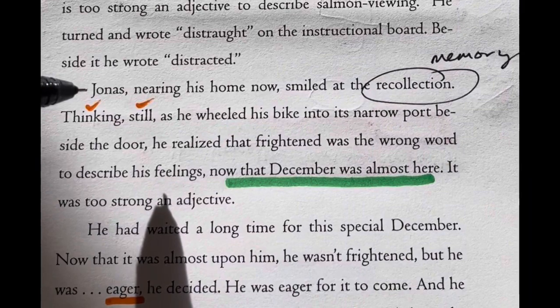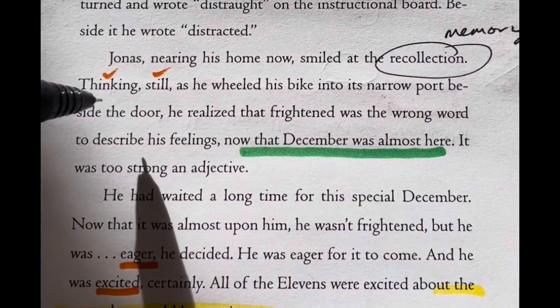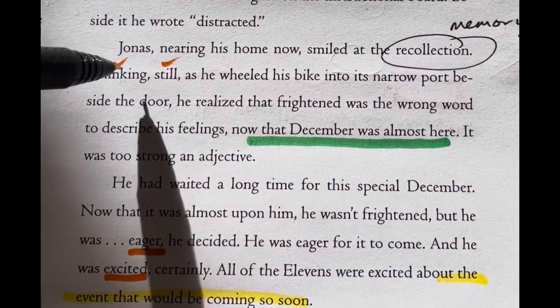Jonas, nearing his home now, smiled at the recollection, thinking, still,